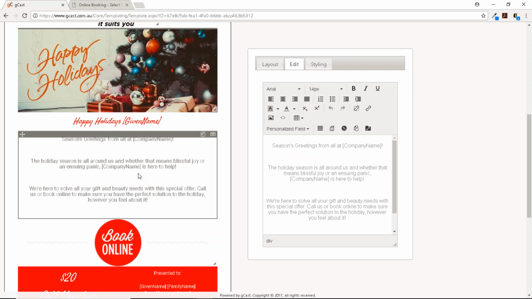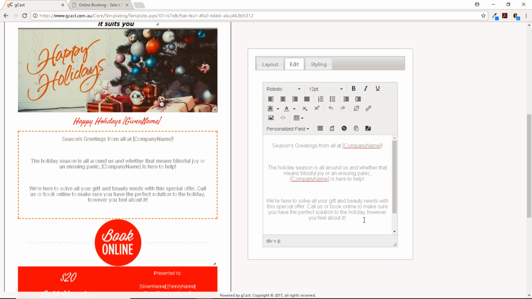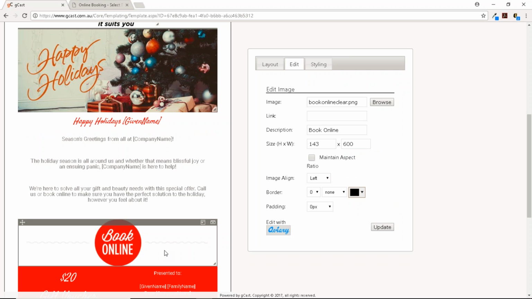Okay. Down here, we have some default text that we've filled in for you. But you guys, if I click on that, I get the editing section over on the right-hand side. You can actually edit this a bit, or what you can do is you can simply delete it and just write your own. Okay. If you are an appointment-based salon, I would encourage you to have your online booking link in the email. If you are walk-in based, I would encourage you to have your self-check-in link. Okay, so you can see right here, we have a default section for the book online.